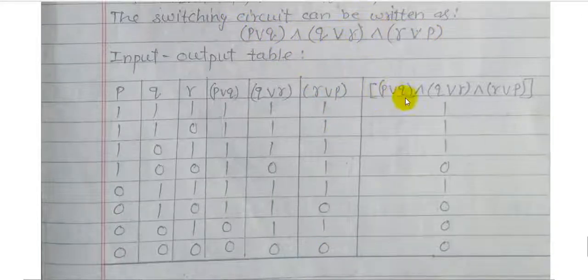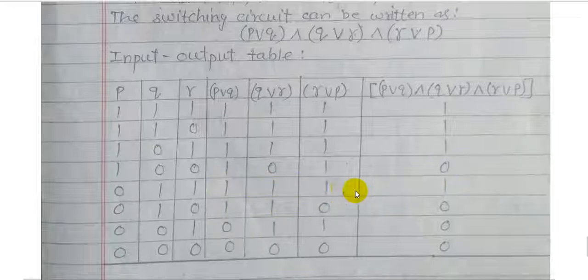And then final output, final column for whole statement, it is P or Q and Q or R and R or P. So using these three columns continuously and using AND rule in between them, because they are in series whole connections. So for using three columns at a time, here 1 1 1 means 1 and 1 and 1, then this will be 1. If all the three are 1 continuously, then it is 1, otherwise 0. It is 1 1 1 1 and 1 and 1 1. Here 1 and 1 and 1 1. Here it is 1 and 0. So this should be 0 and 1. So at least 1 is 0. So this will be 0.